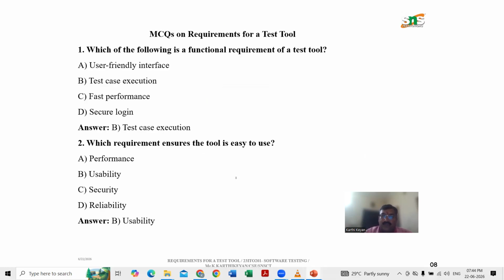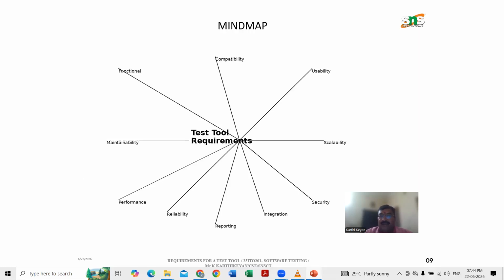So these are my MCQs on requirements for a test tool. Which of the following is a functional requirement of a tool? Yes, the answer is B, test case execution. And which requirement ensures the tool is easy to use? Yes, B is usability. So this is a mind map, and the mind map easily identifies what things can be included